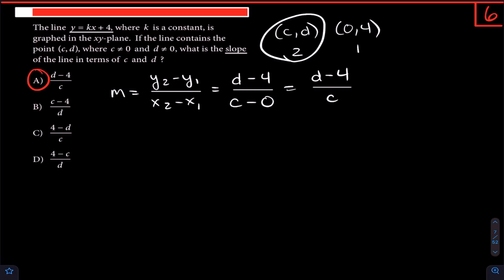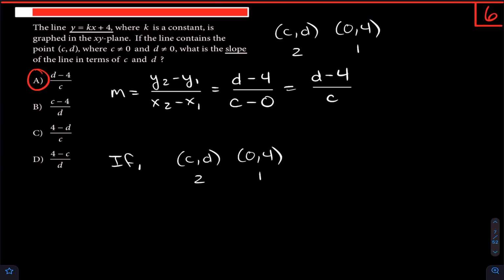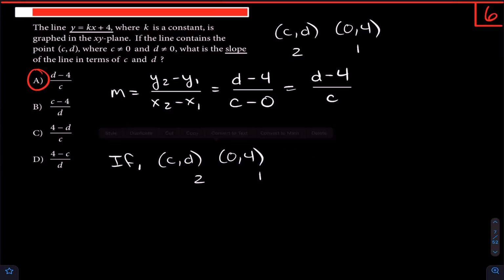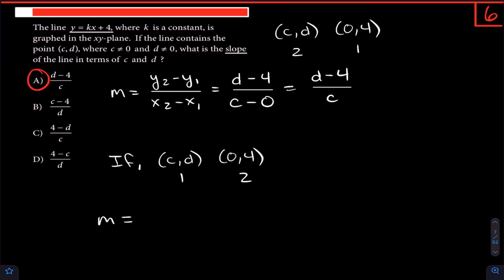Now, what would happen if you called this guy your first point, though? Because some people might do that, and it probably would make more sense that way since this is the first point that we found. So if you did that, I'll write this here. So if you did this is your first point, this is your second point, what would happen is you would get, well, the y-coordinate